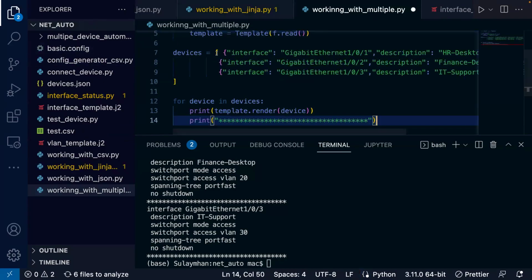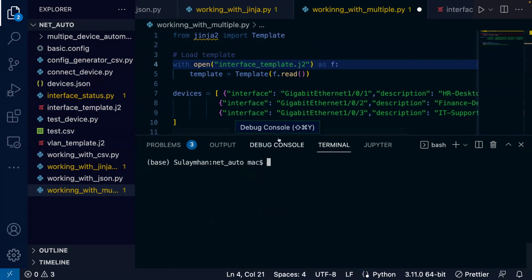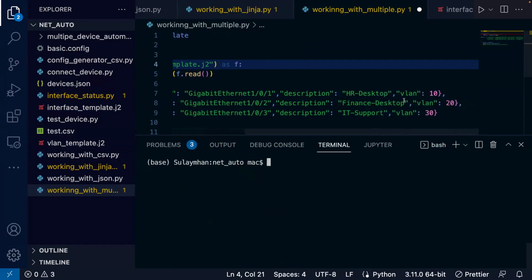So I'm going to paste this. But what I'm going to do here is I'm referencing the new interface template. So it's just the new guy I'm going to use now. The interface template. So maybe for my devices, maybe device 1 is VLAN 1, VLAN 2 is